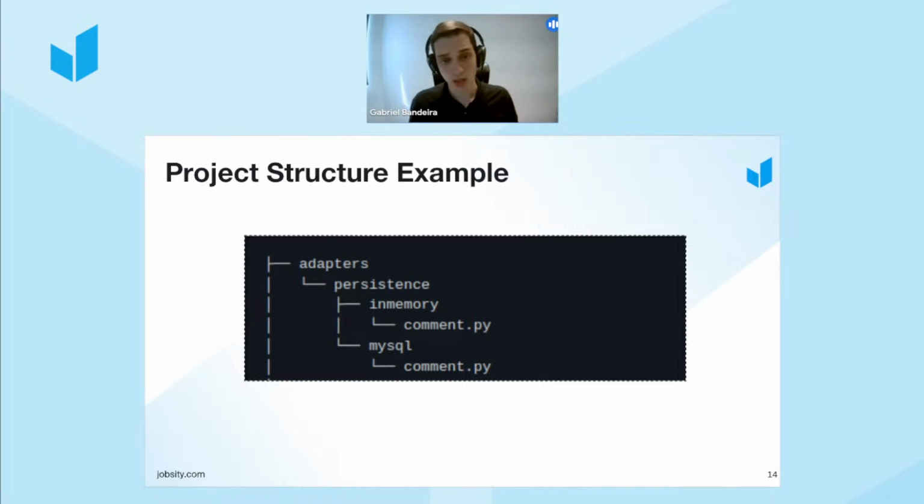So the in-memory folder is something people usually use in hexagonal architecture. Imagine that to test your database, you need to create integration tests. But one thing you can do is not necessarily create integration tests that need to spin up a service that has a database test and do the whole thing around that. You can actually just create an in-memory